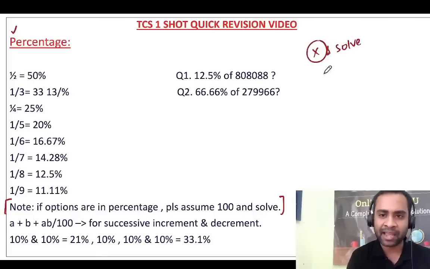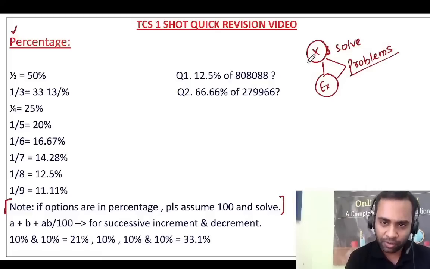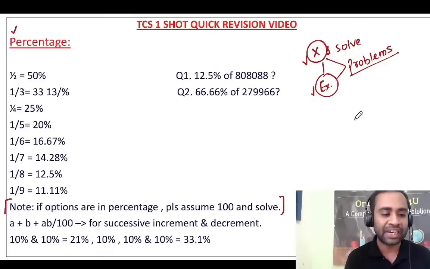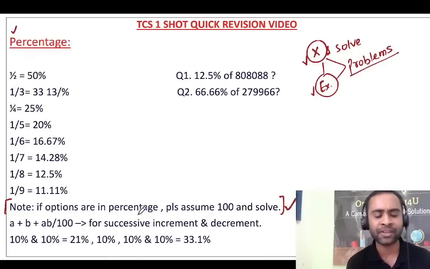See, x in maths or x in real life, these are for creating problems. So always in your whole life, try to ignore x as much as possible. So x here and x here, both you need to ignore, otherwise it will create problems. If there are options in percentage, please assume 100 and